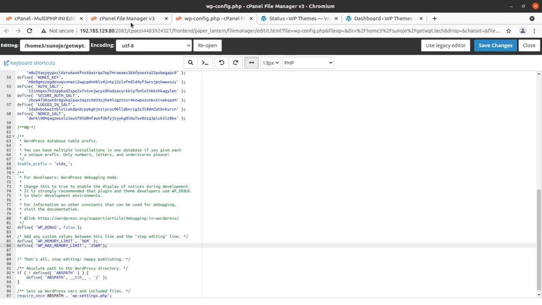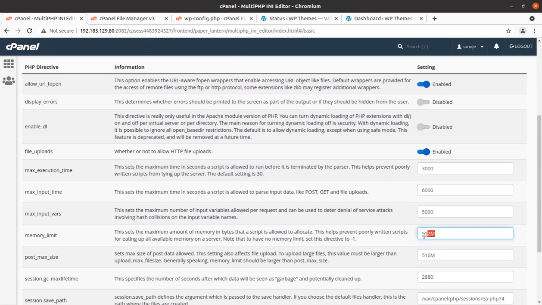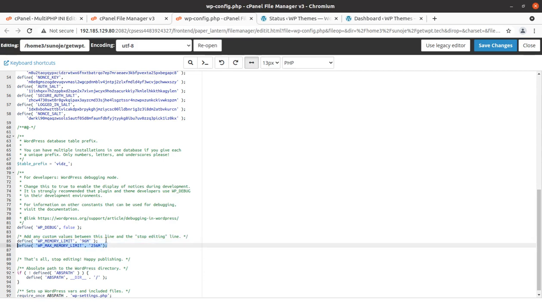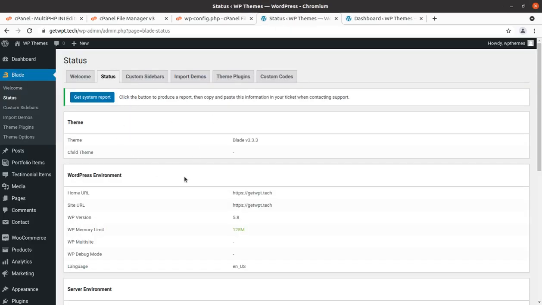However, irrespective of what I have set in the PHP INI, which is the setting of PHP INI 512 M of memory, what I did in the WP config is WP max memory 256 M and WP memory limit 96 M. Just save the setting and let us check the status, how it impacts.